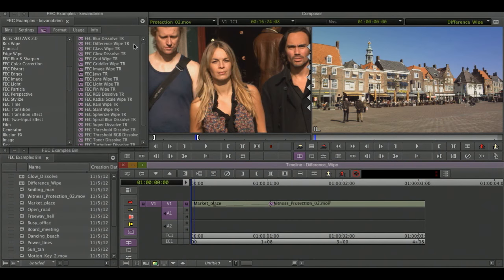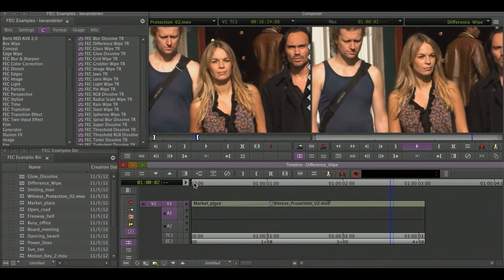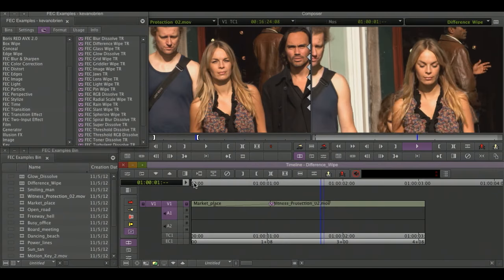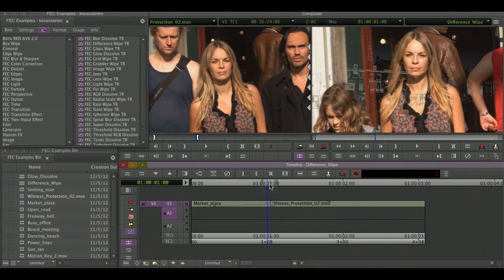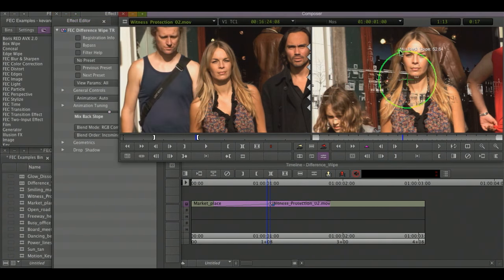The first transition I'd like to show you is the Difference Wipe. If we just play it through, in its standard state it looks nothing much more than a standard dissolve. But if I bring up the effects editor and move the mix back slope from 0 to 100, either using the slider here or more obviously the on-screen tools,